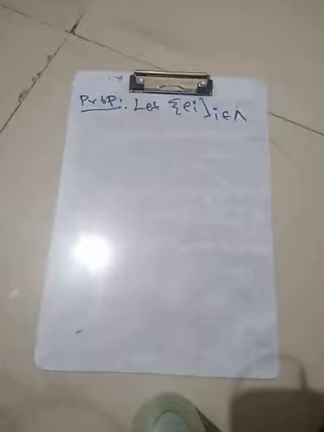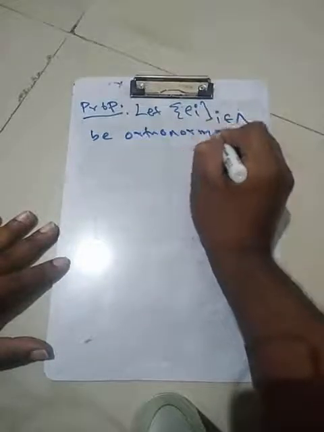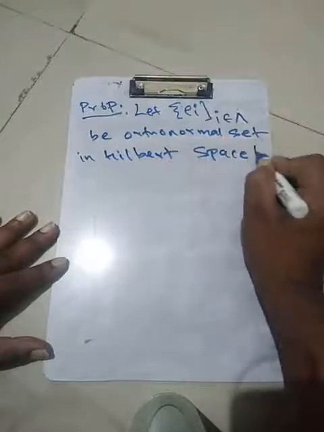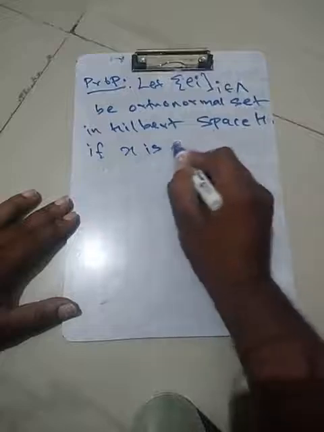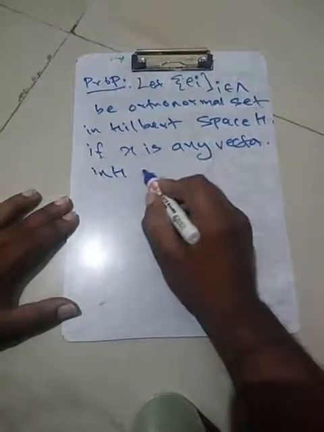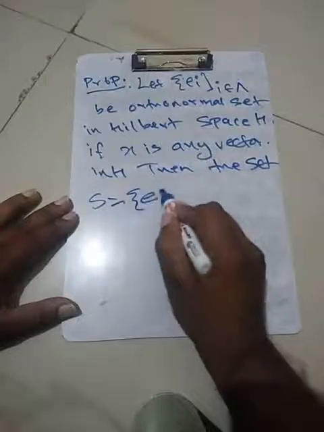Proposition. Let e_i, i belonging to Lambda, be an orthonormal set in Hilbert space H. If x is a vector in H, then the set S is equal to the collection of all those e_i such that